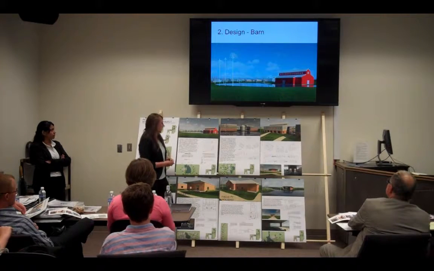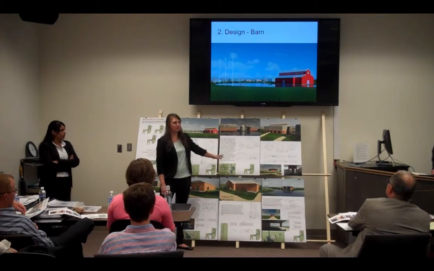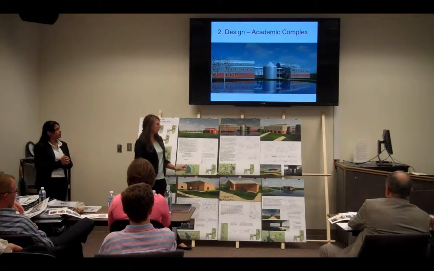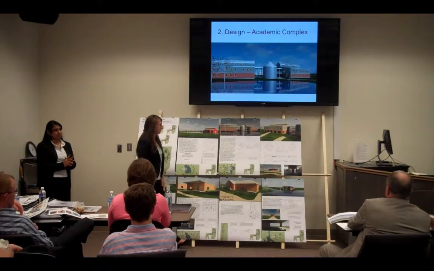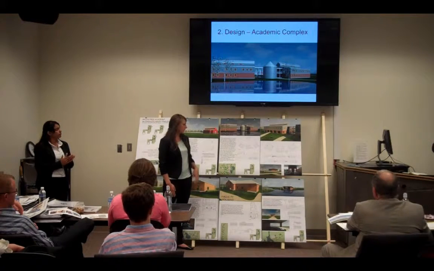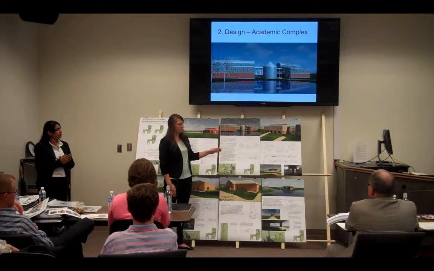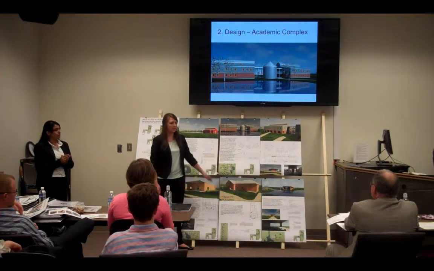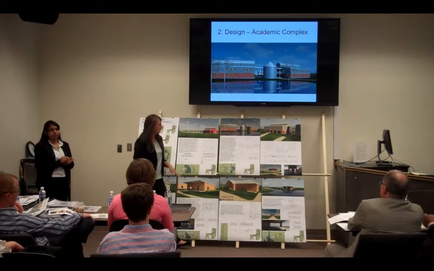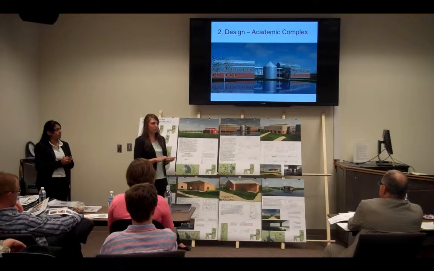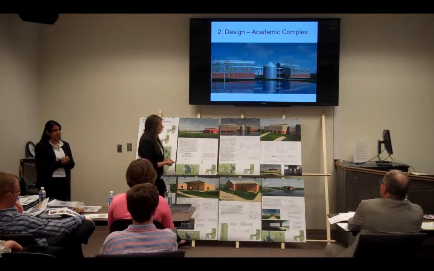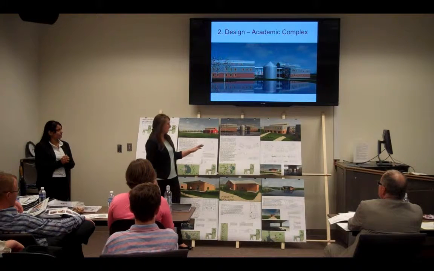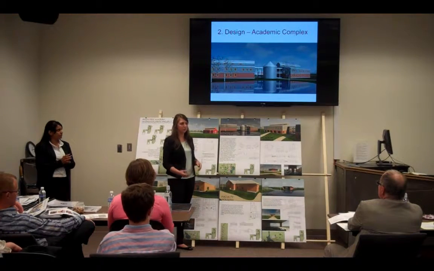Moving on to the academic complex, we separated it into 3 different building structures connected with bridges and walkways for the ease of construction and phasing. To access the second story, we designed a separate structure that holds the elevator and the stairs. And the structure resembles a grain silo to keep along with the farm-like feel, and we mimicked design elements from the barn into the academic complex to create just a holistic feeling.